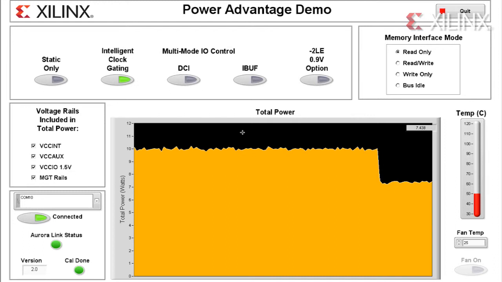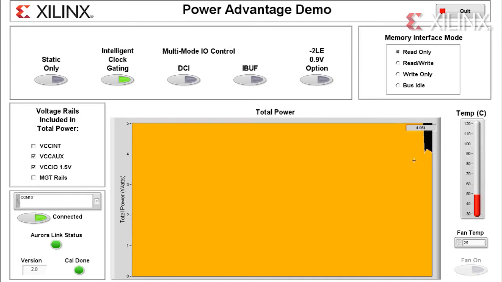If we look at the memory interface now, this is a 72-pin DDR3 interface. I'm just going to change the scale and change the displays so we get a better idea of what's going on. Remember, the baseline power was about 10 watts and it was about 50 degrees C, maybe a little bit more than 50 degrees C. Right now it's in a read-only case. When it's in read-only, the input buffer is on, the DCI termination is on